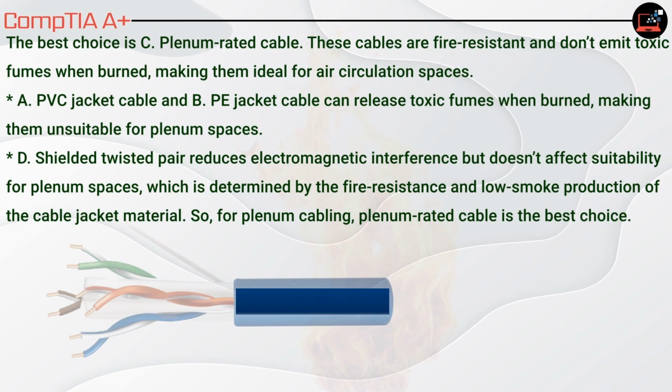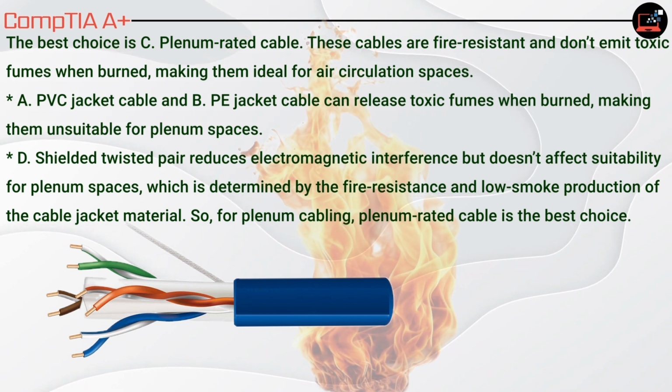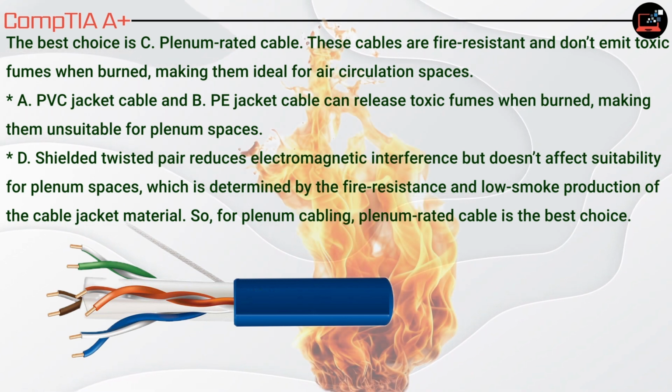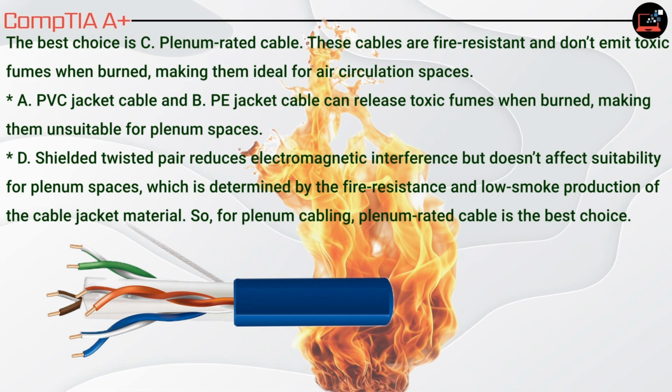The best choice is C, plenum rated cable. These cables are fire resistant and don't emit toxic fumes when burned, making them ideal for air circulation spaces. A, PVC jacket cable and B, PE jacket cable can release toxic fumes when burned, making them unsuitable for plenum